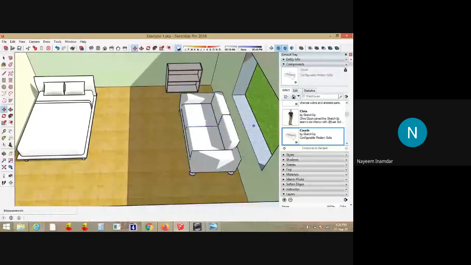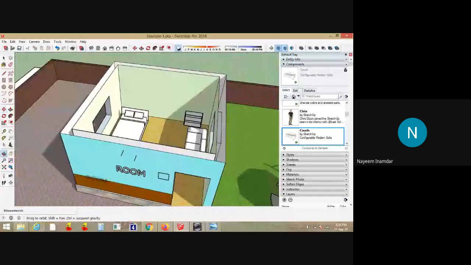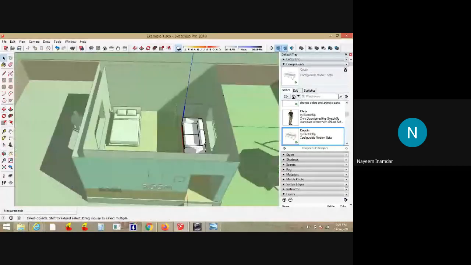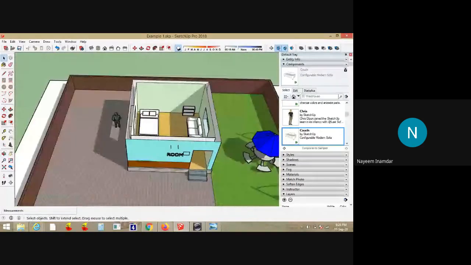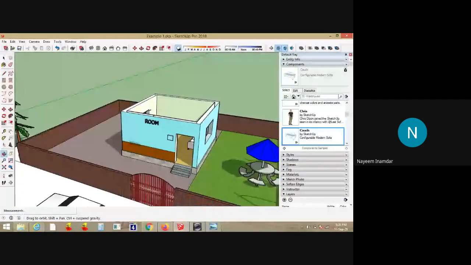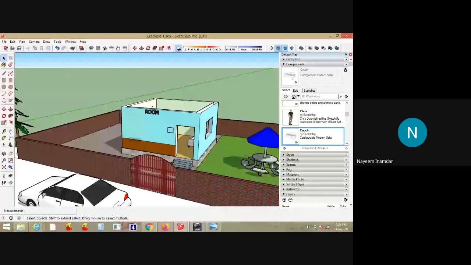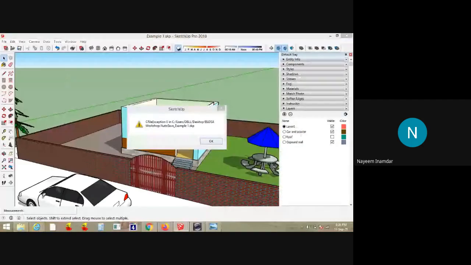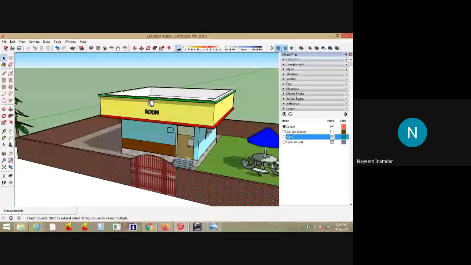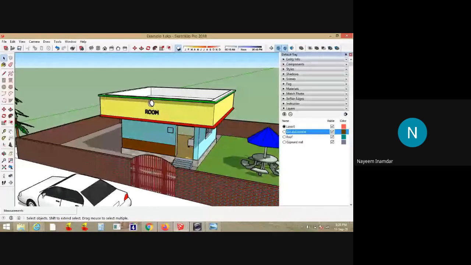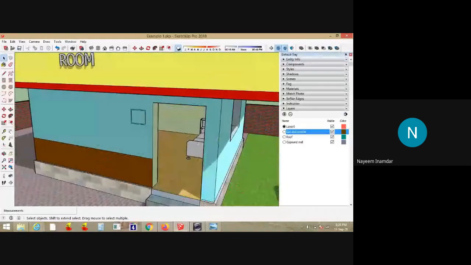This is how you can add the furnitures. Now you turn on the roof layer. Now furnitures are there inside. You can see there are furnitures.